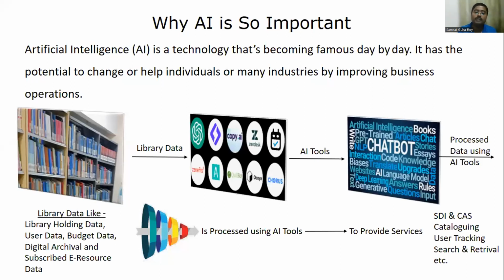So we will be discussing more about these things later on. My perspective is this: we were using AI for the benefit of the users, but considering other things like the ethical or the legal factors of using AI technologies, there also we should be more aware, and the library staff also should be aware of these technologies.